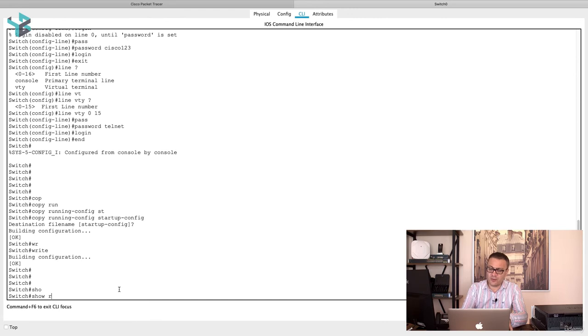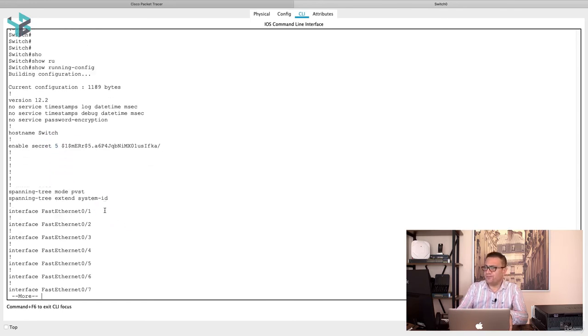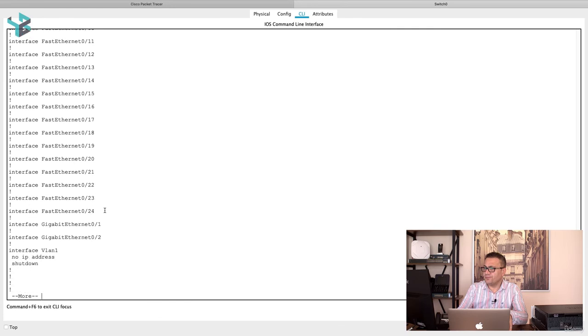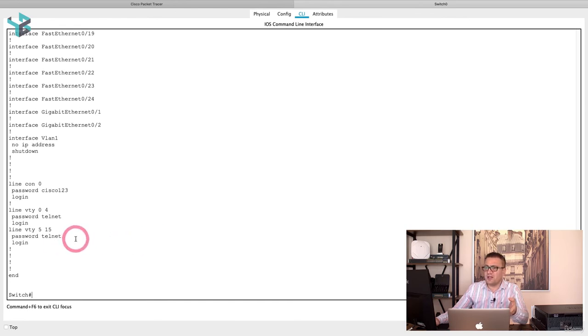Let's check the settings we made by saying show run. As you can see, our password is encrypted with MD5 here. It shows that there is a 5 for MD5 here. Now let's go down. As you can see here, our line console password seems to be open. When you look here, the password of the telnet also seems to be open. Someone standing next to us can see these passwords, so we need to remove these passwords and use the users